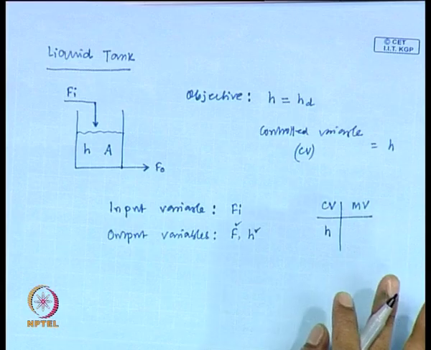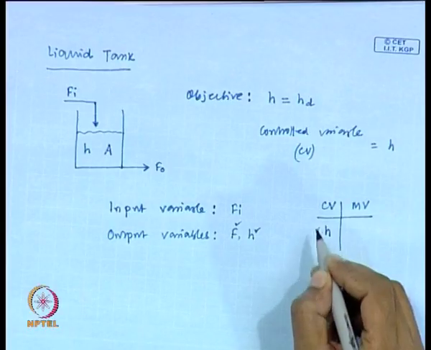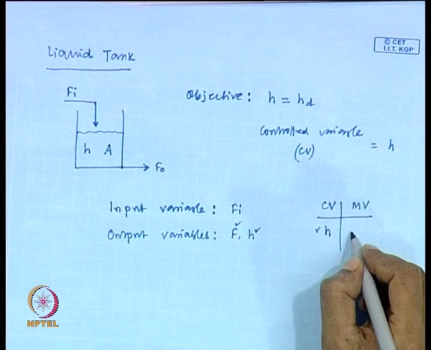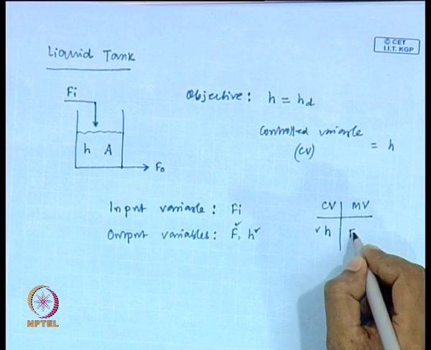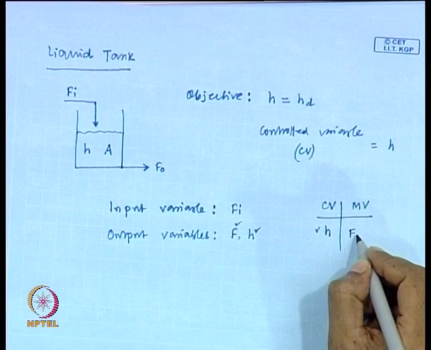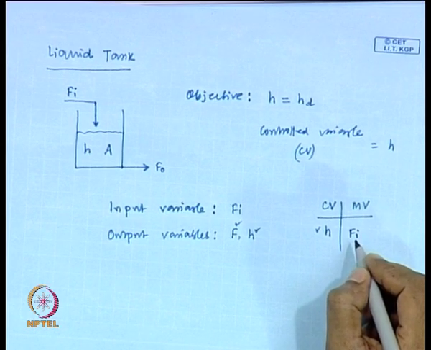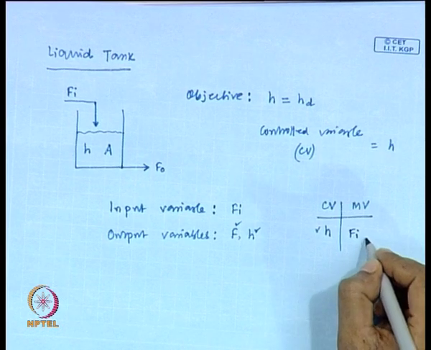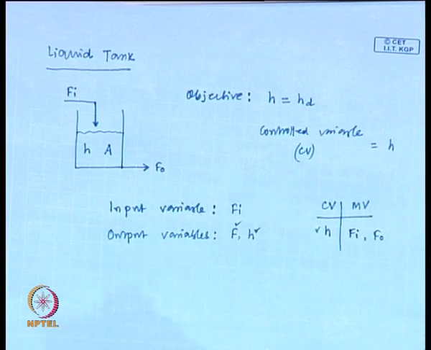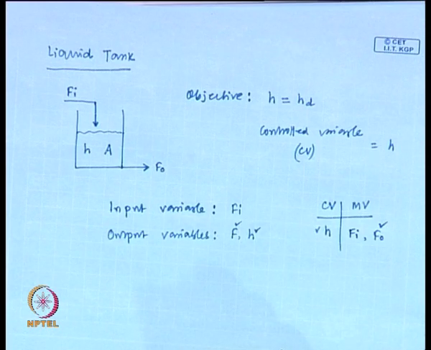I mean, to maintain this liquid height, which variable can we adjust? Fi or F naught? I think we can do both, Fi and F naught. I am just making one control configuration. Suppose this F naught is the manipulated variable corresponding to liquid